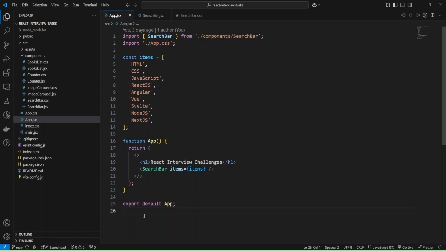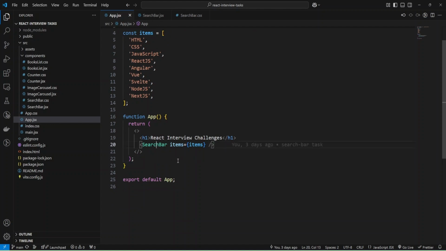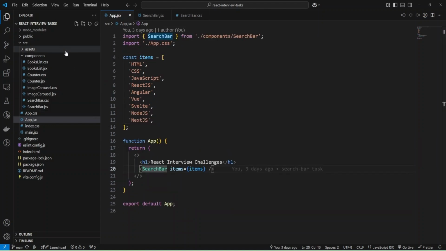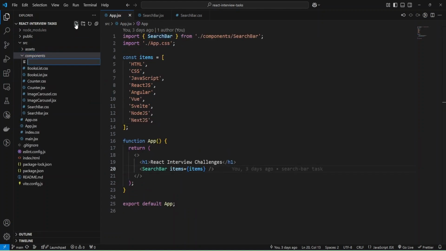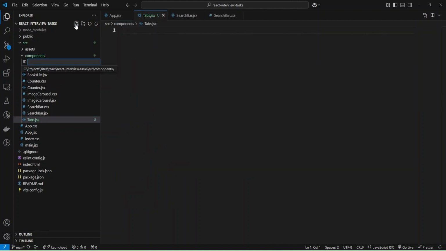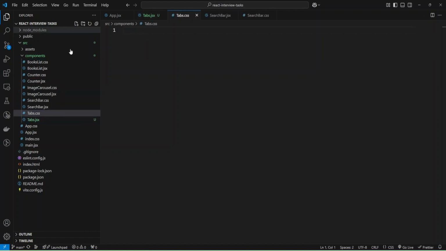I launched my Visual Studio Code and have a React Interview Tasks project, and I have a previous task about search bar, and now I'm going to create a new component, and it will be tabs, and the file will be tabs.jsx, and also I will need some tabs CSS file for styles.